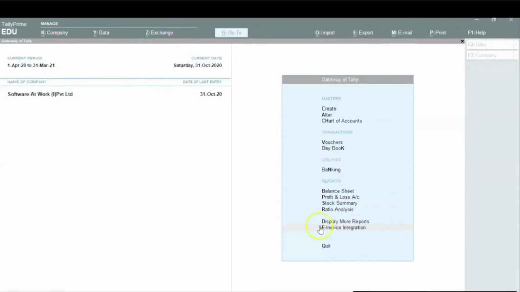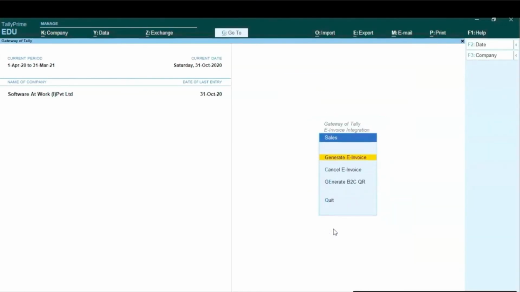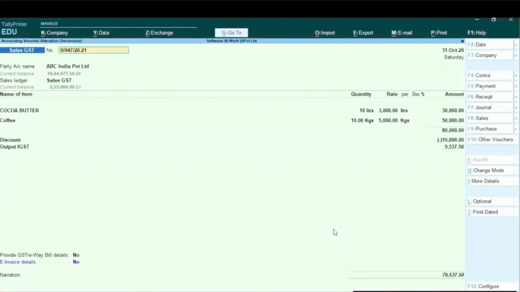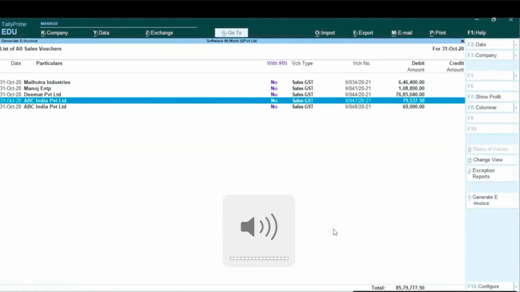Once the e-invoicing patch is installed, it will appear as shown on the screen. Go to Sales, click on Generate e-invoice, select the relevant invoice, and details will be seen. Click on Generate e-invoice as shown here.